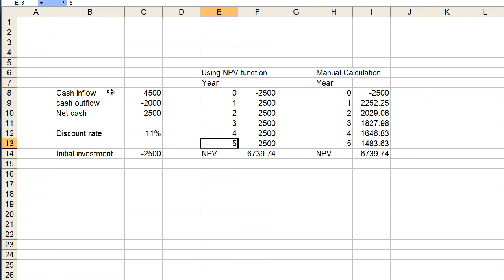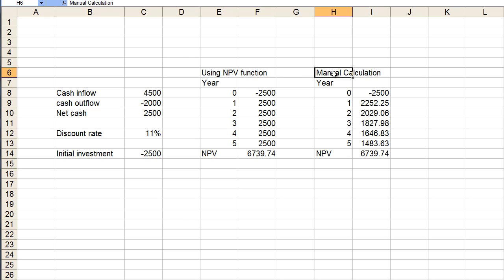Over here we have our expected cash inflows at the end of each year, the expected cash outflows at the end of each year, which gives us a net cash flow of $2,500. We have a discount rate of 11% and an initial investment of $2,500, which we will represent as a minus. Now what I've done here is used the NPV function within Excel, the net present value function,